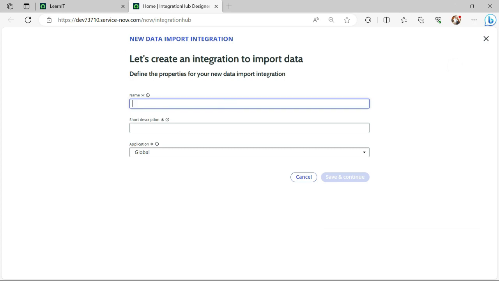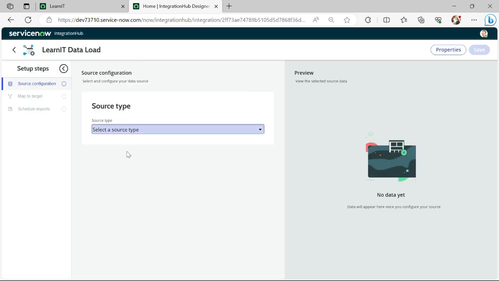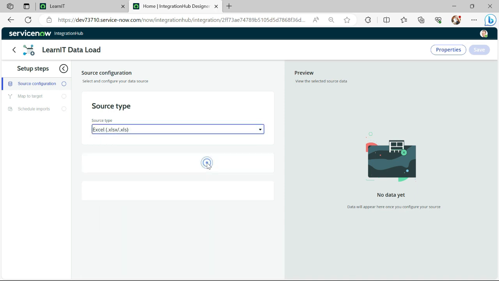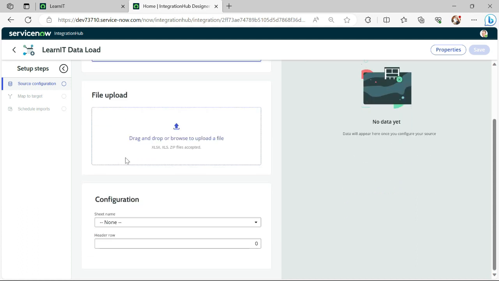So as soon as I have clicked on create new integration, I will type a name here, LearnIT data load. So I will add a short description as well. I will click on save and continue, and now you can see the UI which is loaded here. All right, so now I will click on file and I will select Excel, and now I will upload my